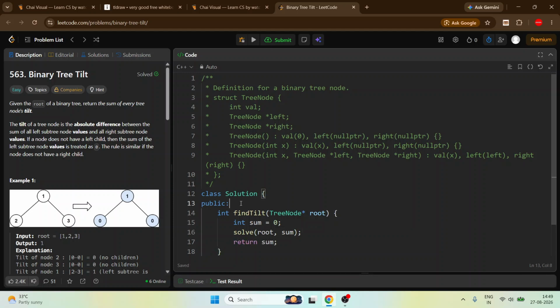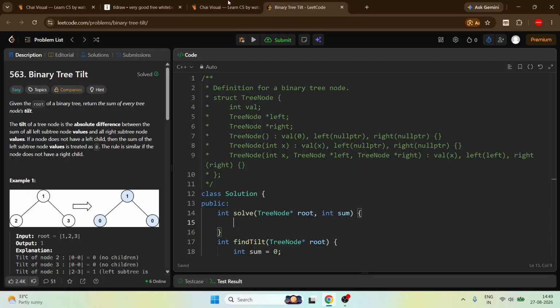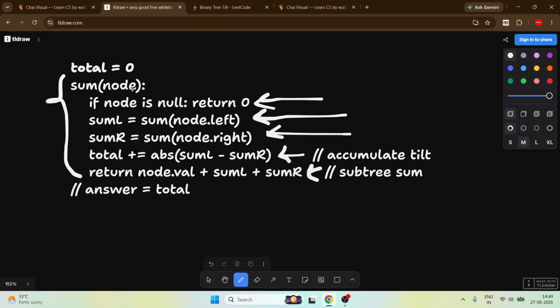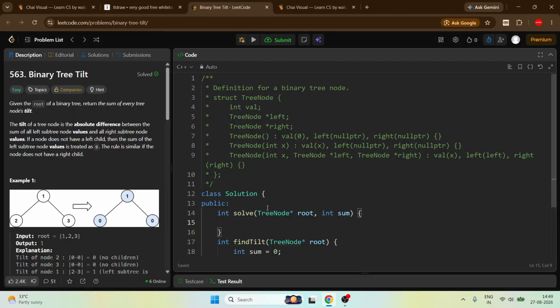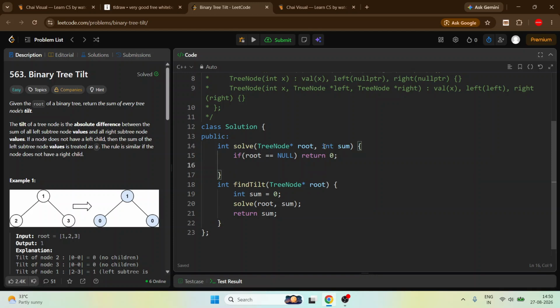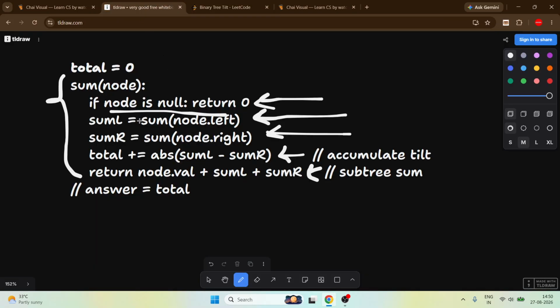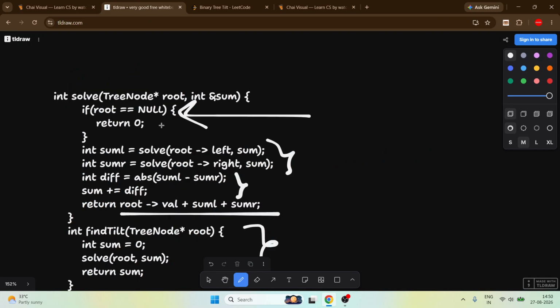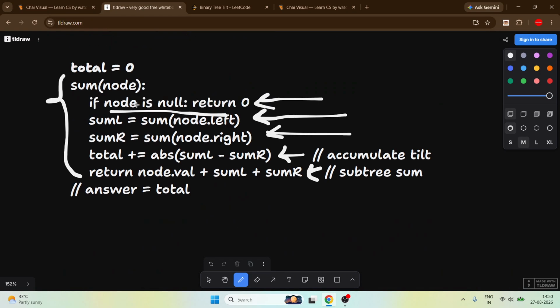Okay, so let's find out the sum, just put the values here. So see, come here. If the node is null, return 0. So simply for node we have root. If root is equal to null, then simply return 0, because a null node always returns 0. And go to the left part and the right part.